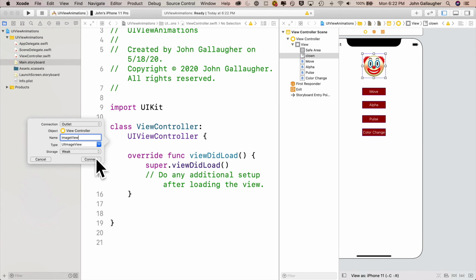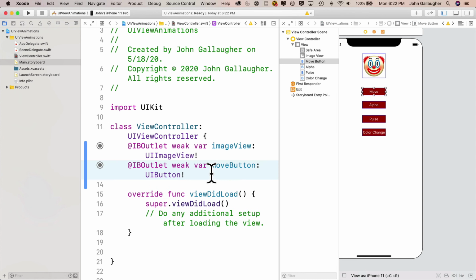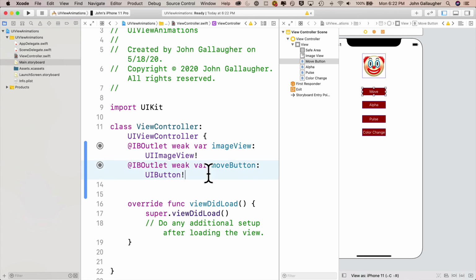The image view is going to be named Image View. The Move button is going to be named Move Button. And here's another technique that just might save a couple of seconds when creating IB outlets of the same type. Since the next 3 outlets are identical to Move Button, except their connection is different and their name is different,